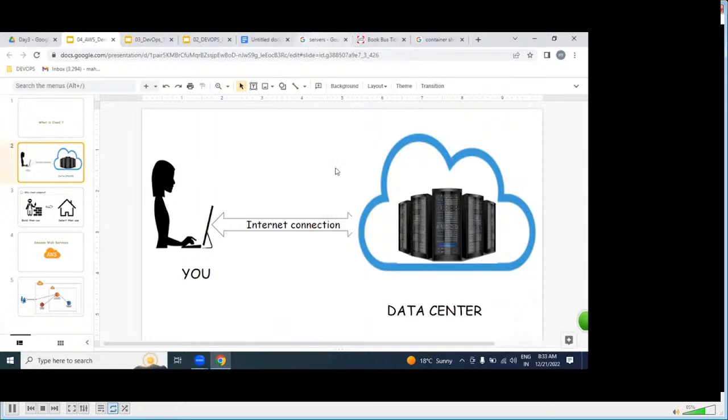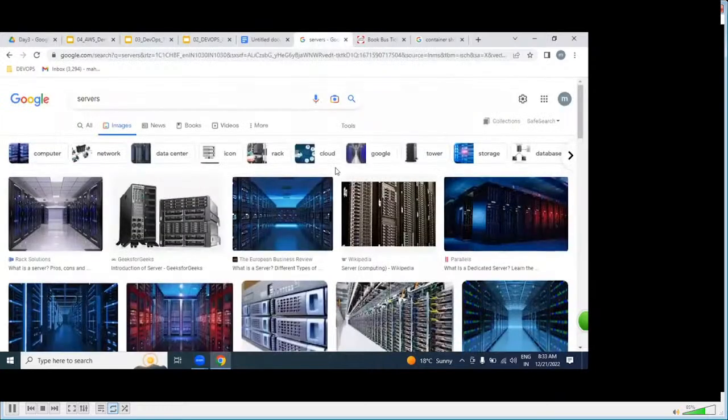A group of servers kept rack-wise in a big room, we call a data center. The huge computing power kept rack-wise in a big room, we call a cloud data center. It is a data center only, not a cloud. Example, our building. In this building, each and every room is filled with huge computing. This building is a data center only.